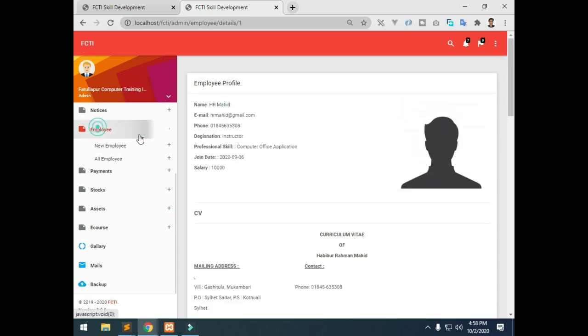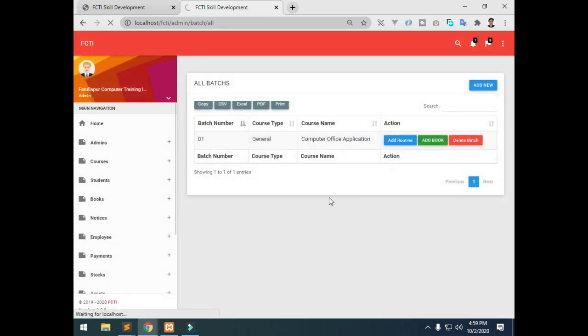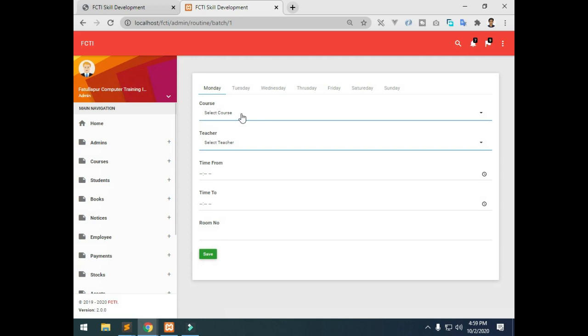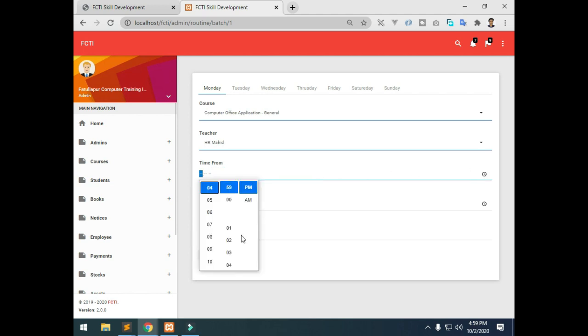So now I am going to add a class routine. I'm going to batch, add routine. So I have to define the course and course type. Now I have to select a teacher. Here the teacher's name appears. You can see it. Now I have to select the class time, when the class will start and end.